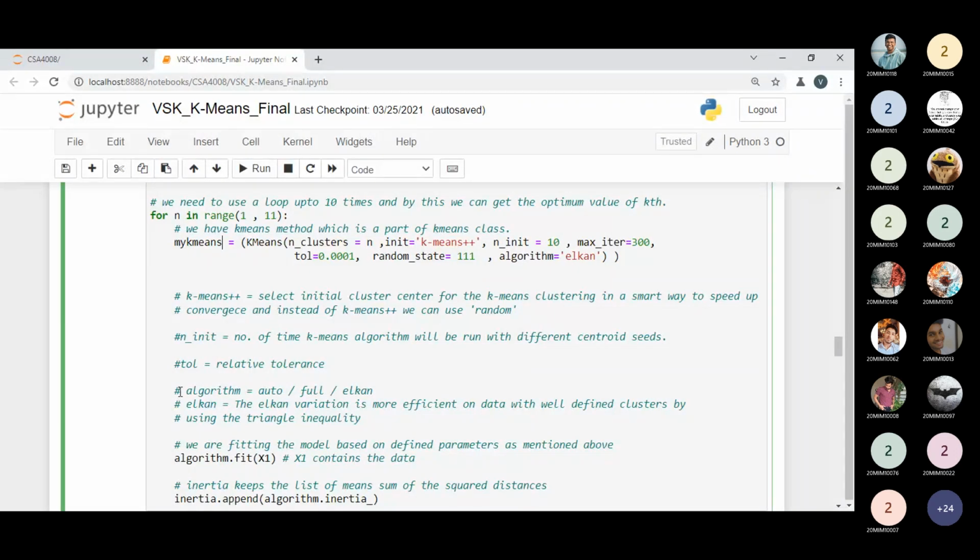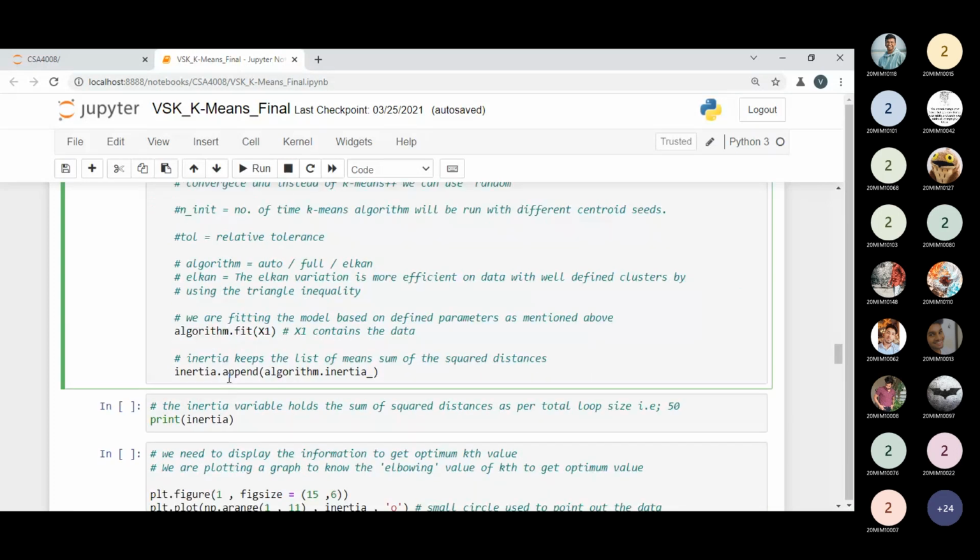After this point, which data do we have in which our transformed data will be stored? X1 is a variable which contains our transformed data. I can write here: X1 is transformed data. So I'm fitting my model to the X1 data. What is my variable name? My k-means. I'm choosing this variable name, my k-means, which is already defined above. By applying this, I'm fitting my model to the X1 data, which is data in the form of a 2D array.